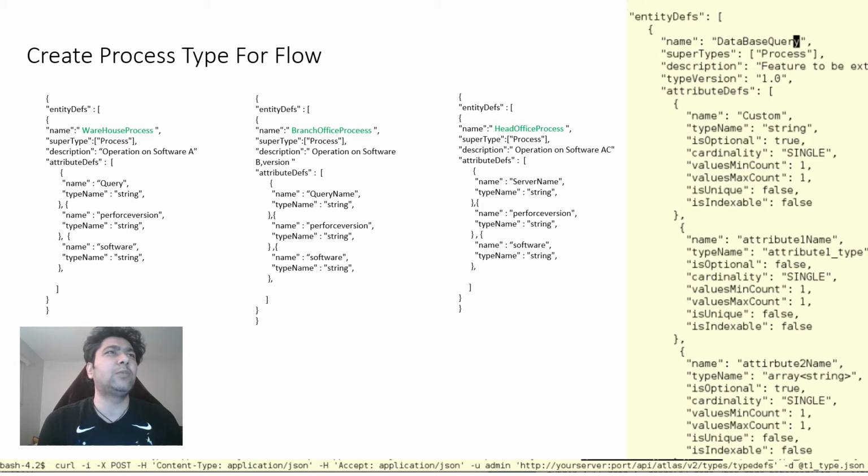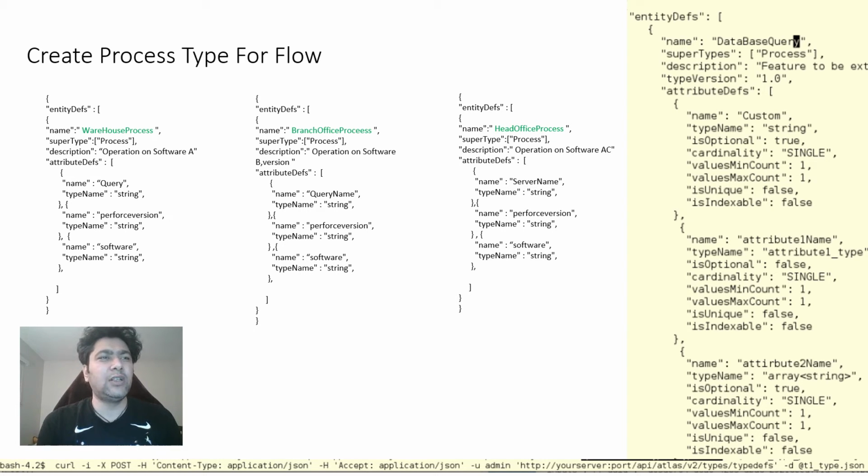Here we created three processes: warehouse process, branch office process, and head office process. Each of them is derived from the base class process, and we have added attributes like query, meaning the query that was used to generate it, the Perforce version of that query, and what software we are using in this case. So, who is creating that data, and all that kind of information, on all three of them.